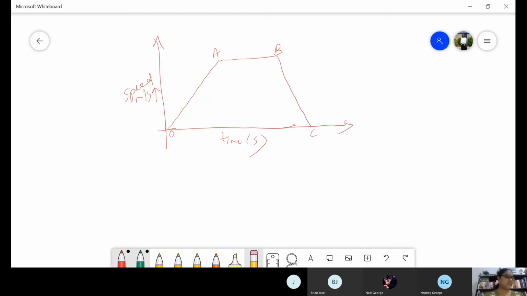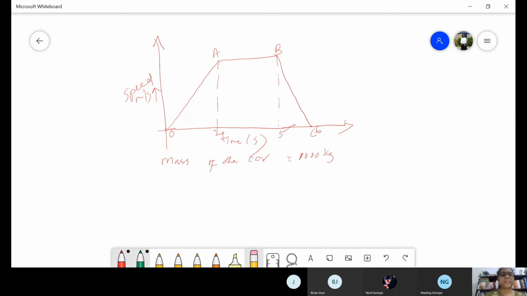The speed time graph of a car is shown below. The car weighs 1000 kg. Okay, so weight of the car is given as 1000 kg. Weight means mass. We can note it as mass of the car equal to 1000 kg. Now let's read. First question is, find the distance covered by the car in the first 2 seconds. So we have to note down the time and all. They have given clearly that this is 2 seconds. Then this is 5 and this is 6 seconds.